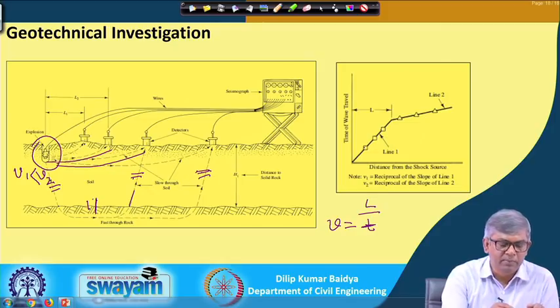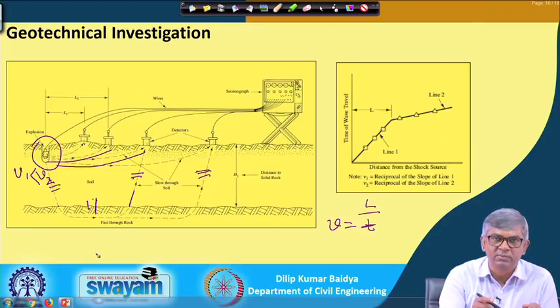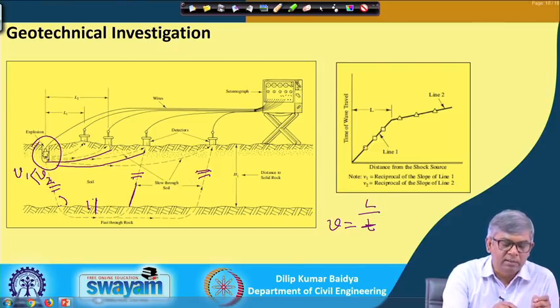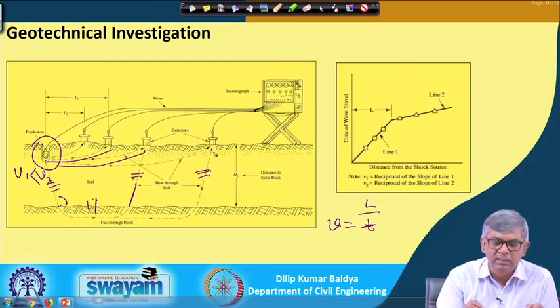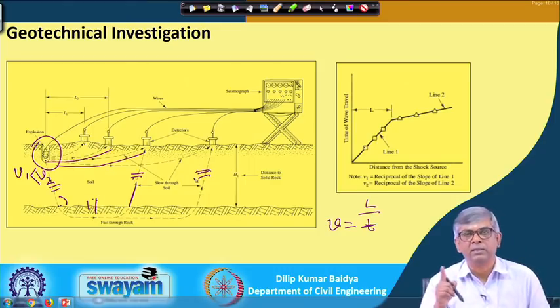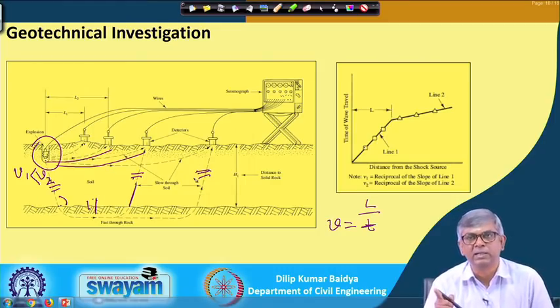Why is it the same? Because the reflection angle and refraction angle depend on the material, by Snell's formula or Snell's law. So, this and this angle will be the same. That means this distance and this distance will be the same, these two distances will be the same together, and similarly this and this also will be the same. So, because of that, when the particular wave is traveling from here this way and this, here this way and this, these 2 points, if I plot travel time versus distance, will also be linear.